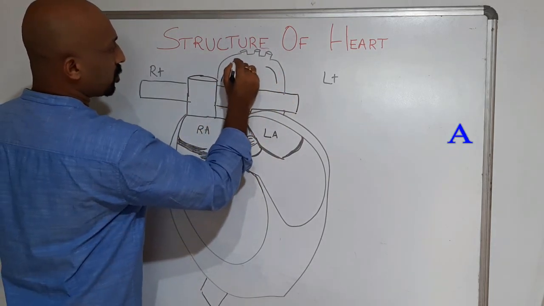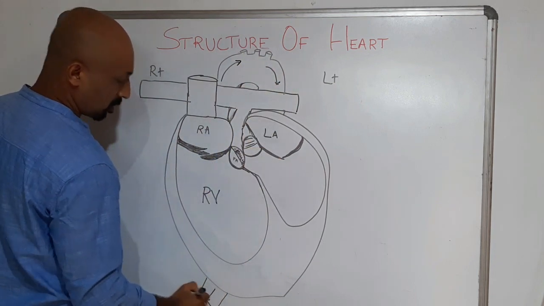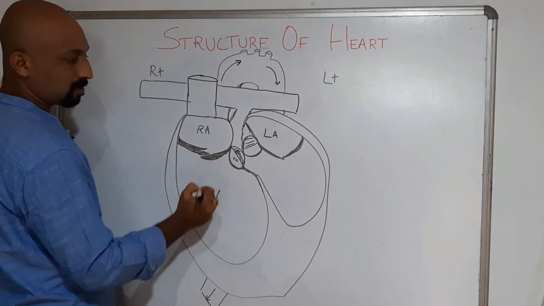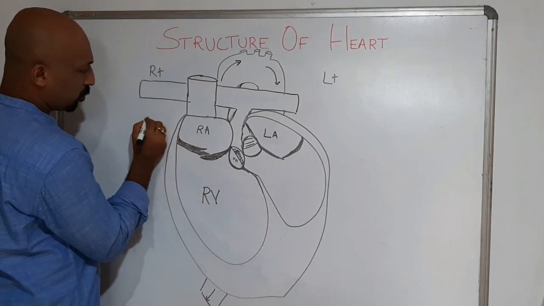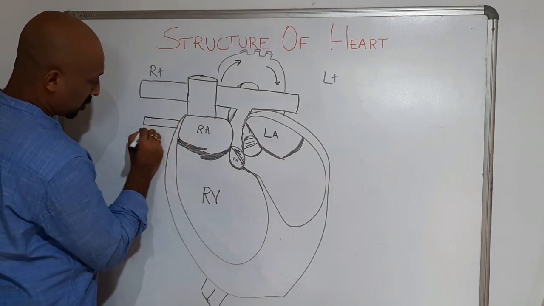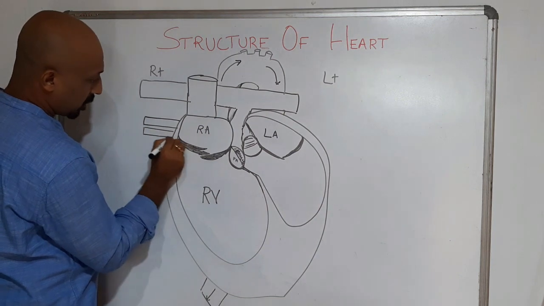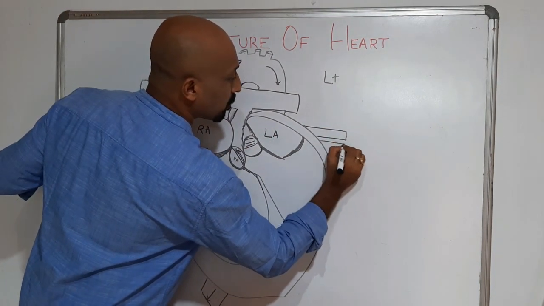Okay, so the blood is going like this to this, like this, and coming like this. Got it? So most of the structure is done. So these are the main structures. Here I'm just drawing a few structures. The same pattern, like structures here, like here, and here also like this.